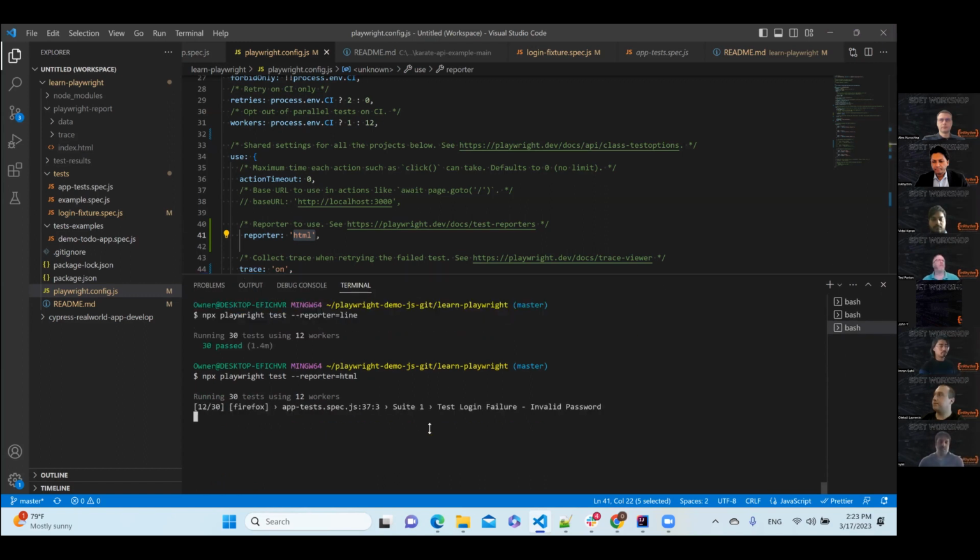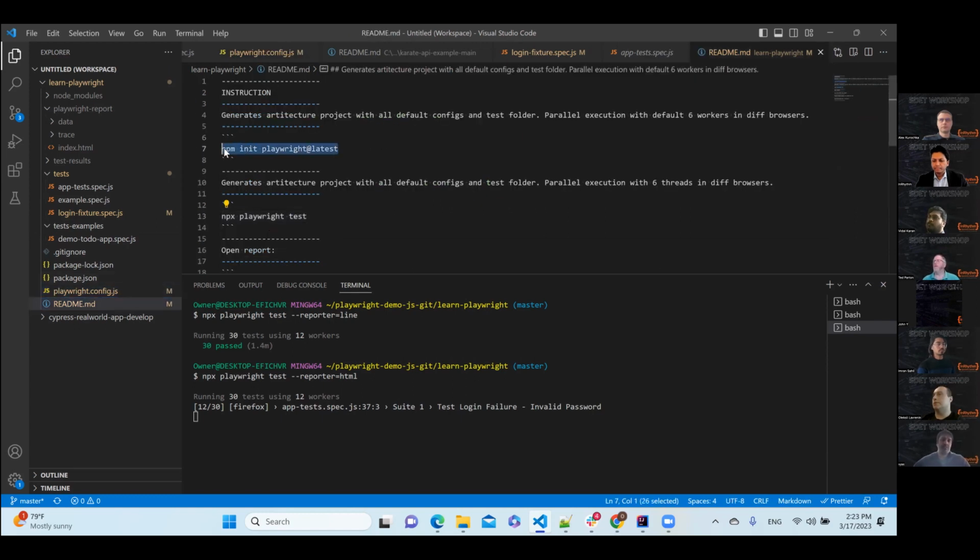Is the HTML report the default reporter for Playwright? No. At the beginning, when you run just one command for execution, for example, as you remember, we have this command. It generates a config file for us. By default, it can be HTML, but you can change it to any type of report. Yeah, but the best report is definitely HTML because you have screenshots, video, tracing, everything inside, all information.